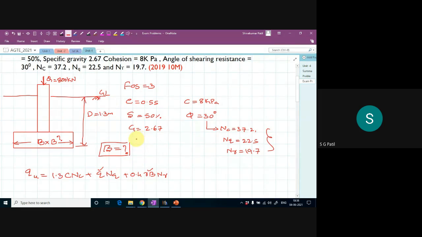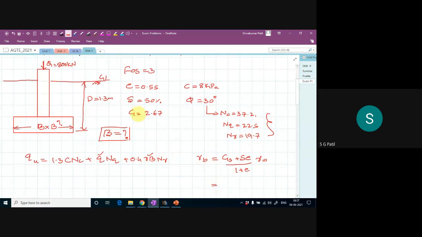Recall from your 5th semester, first unit, those equations, some equations were there, no? Like void ratio definition. Once you know all the volumetric relations and weight relations, after that we have interrelated volumetric and weight relations. If you recall from your 5th semester, basic geotechnical engineering, there was a formula to calculate the bulk unit weight. So gamma b is equal to, what is the formula if you remember? (G plus S times e) divided by (1 plus e), into unit weight of water.